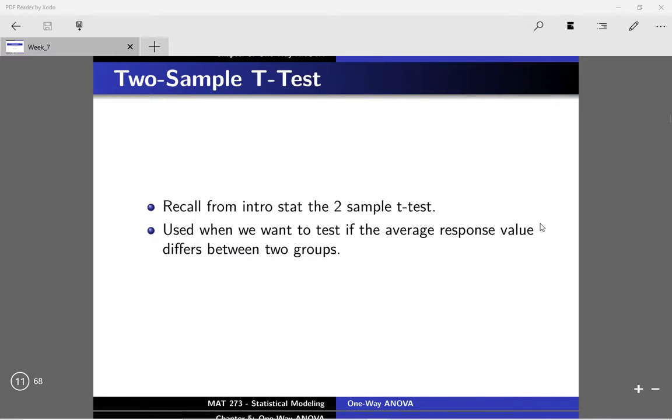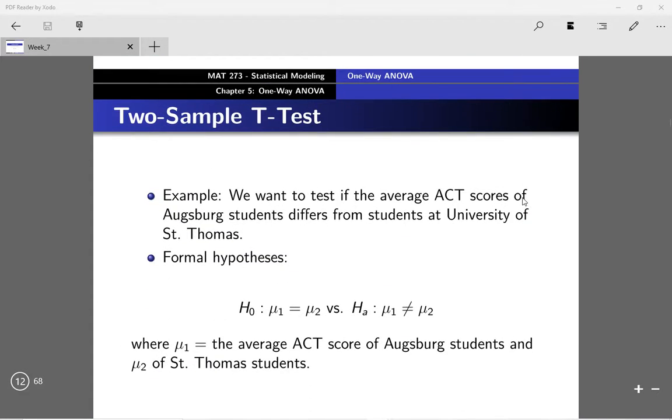So if we recall, I can't remember if this is a required prereq for this class, but in introductory statistics classes, nearly all of them cover what is called a two-sample t-test. This hypothesis test is useful for comparing the average response value between just two groups, specifically when you only have two levels of your categorical variable. So for example, we could use a two-sample t-test to test if the average ACT scores of Augsburg students differ from students at the